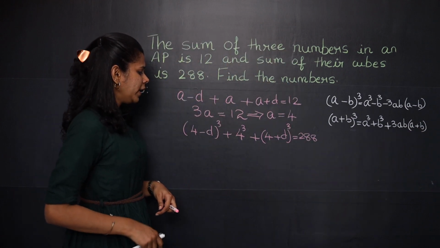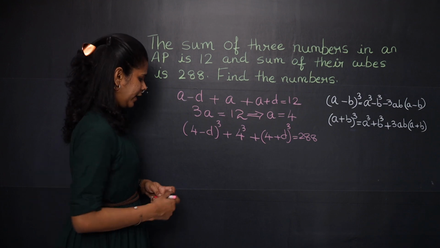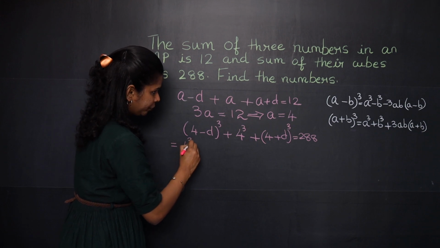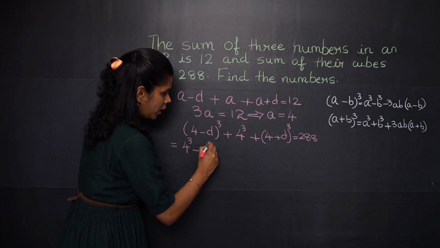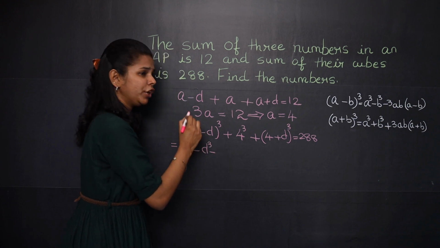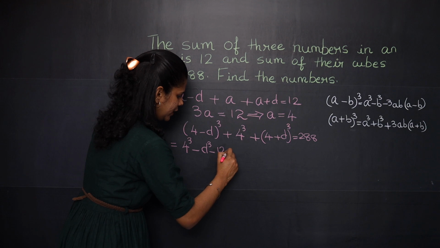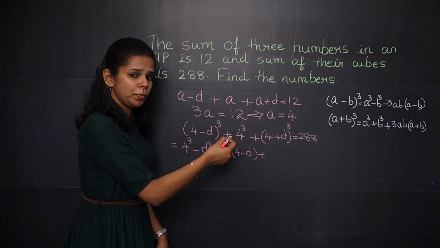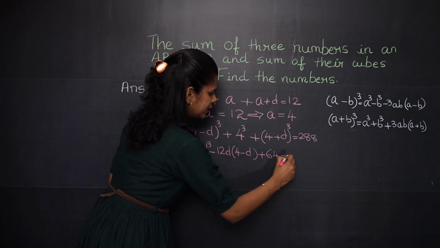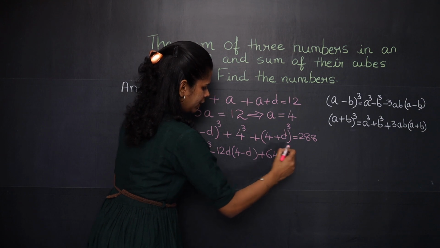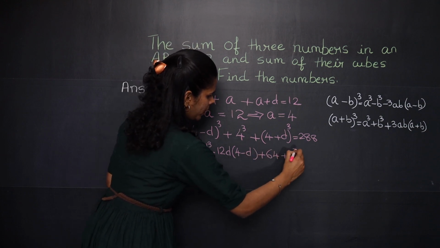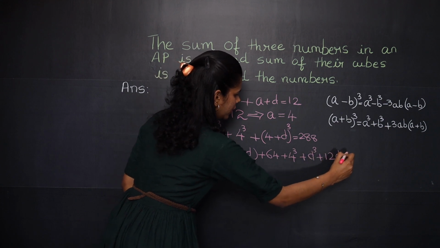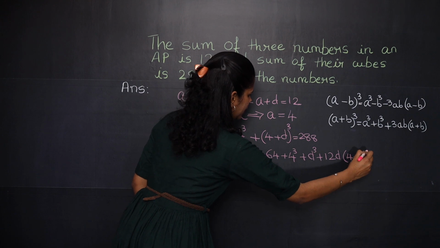So here we are applying the identity. For 4 minus d the whole cube, you will apply the identity given there. That is 4 cube minus d cube minus 3 into 4 into d, that is 12d, into 4 minus d, plus 4 cube, which is 64, plus again applying the identity, that is 4 cube plus d cube plus 12d into 4 plus d, is equal to